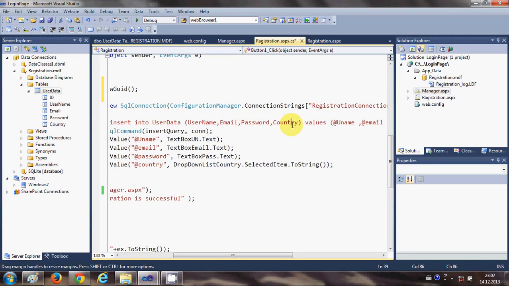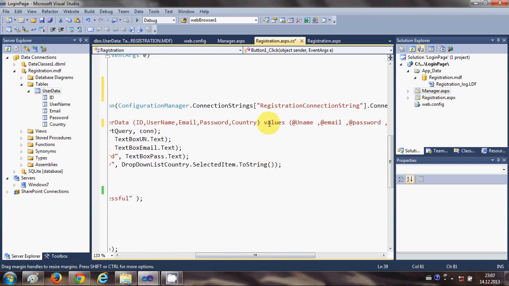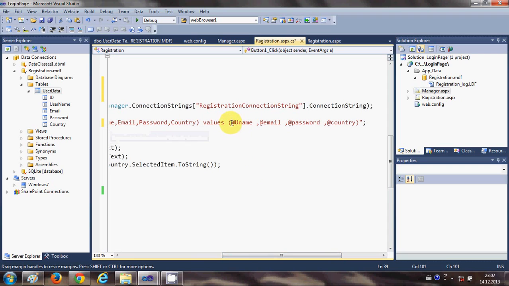In here, just add one more column, which is ID. So I will write ID, comma, and then the rest of the columns, username, email, password, and country. And then after bracket close, there is a word called values, and then we opened a new bracket and we are passing the values here. In here also, just write